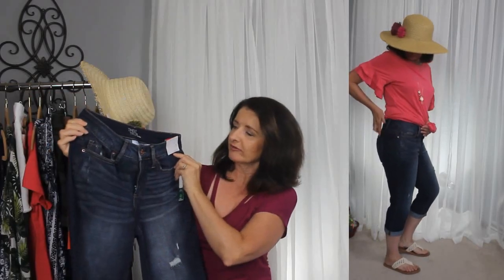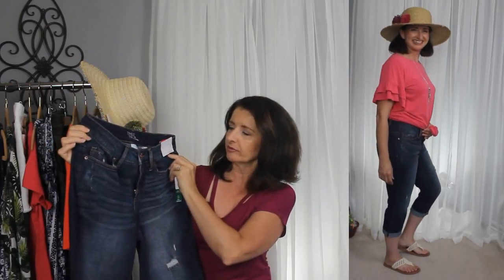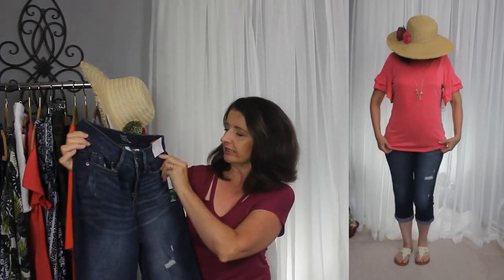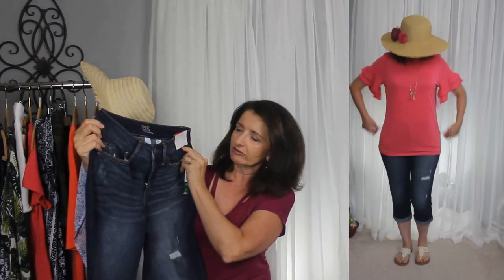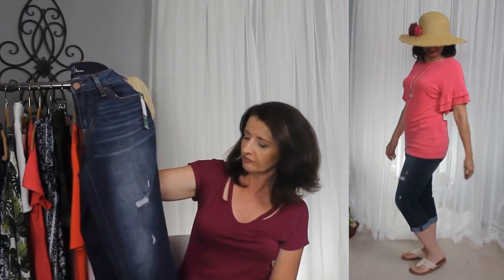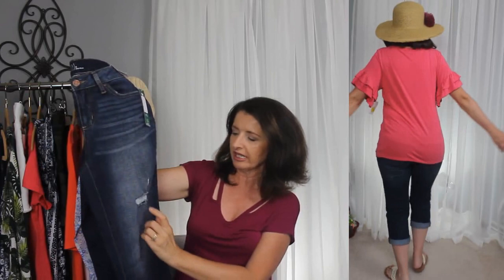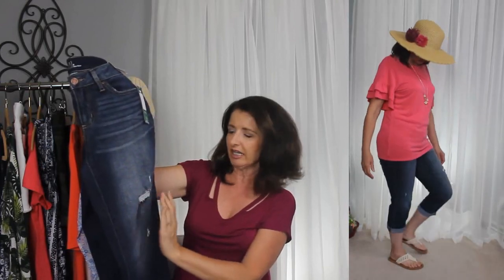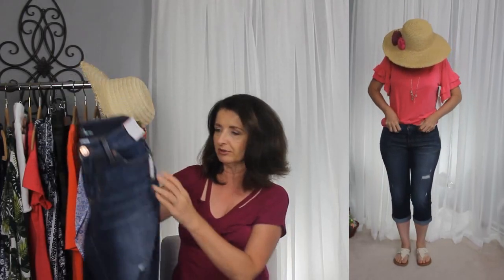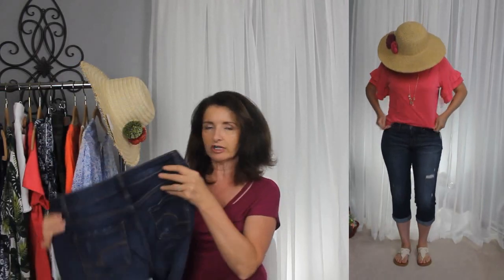And with that top, I have on another piece by Time and True, and this is a mid-rise capri. These are in a size 6, and they are $14.97. These are a classic 5-pocket style, and all of the pockets do work. I like the wash of these. They have a little bit of distressing. This goes through right here, but I'm okay with that as long as it doesn't go all the way across the leg or have your entire knee poking out. This does have a cuff detail that is tacked into place, and they do have the contrast stitching on the